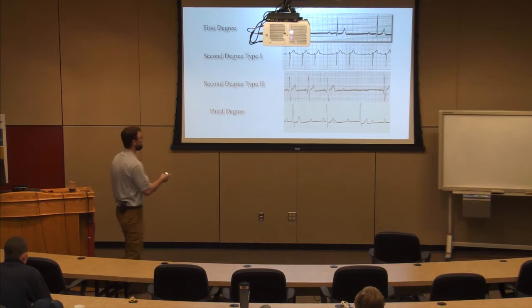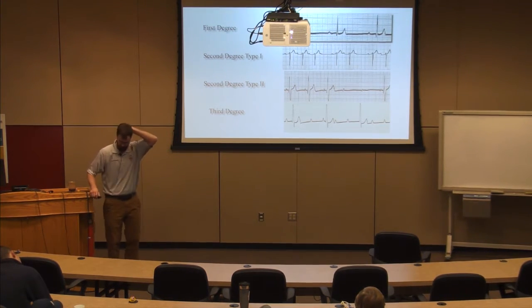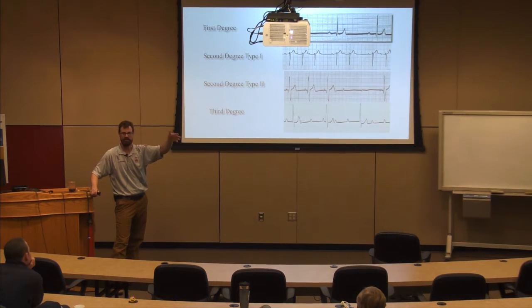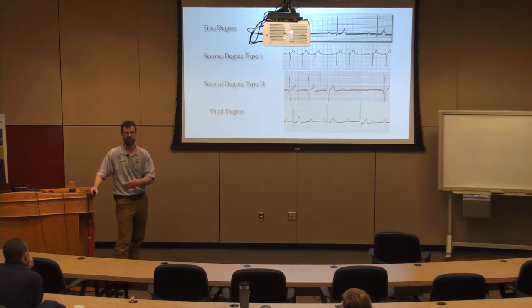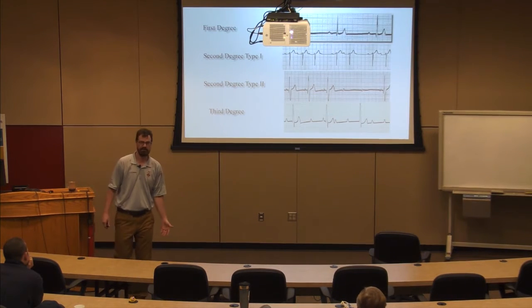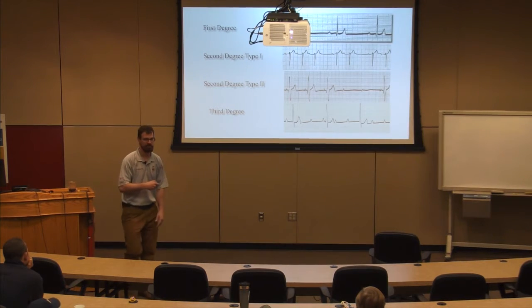And I was riding along with Dawson, I think. We had a gal up at Pamel. She was second degree type 2. She was feeling weak and dizzy. We had an episode of second degree type 2, and we captured it on a 12 lead, and it was cool, right? And I followed up on her. Shortly after she got to the ER, she was hypotensive, bradycardic, and in third degree block, and she ended up getting a pacemaker placed. She was on the verge of complete heart block. So second degree type 2 is always worse than type 1.